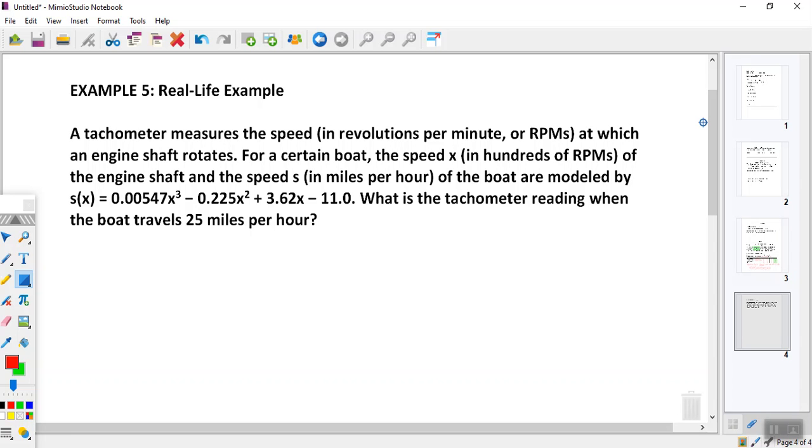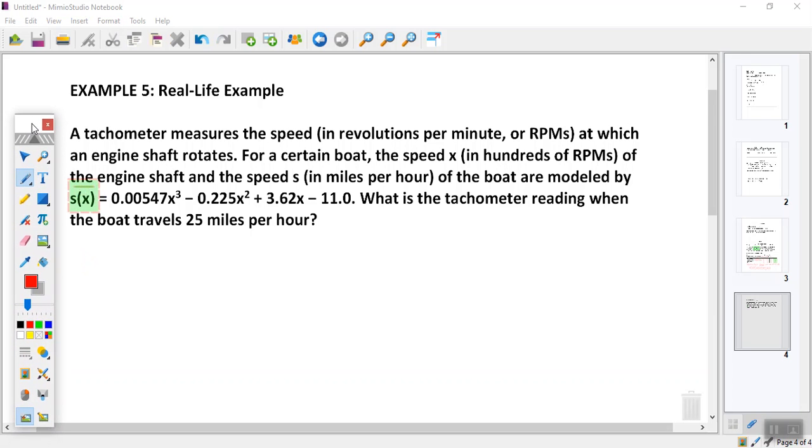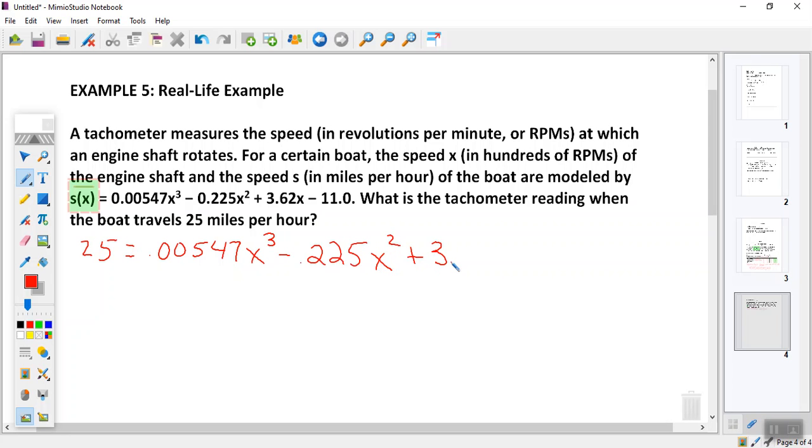Okay, so here's what we're going to do, kids. I'm going to let the speed be 25 miles per hour. I'm going to replace this right here with 25 miles per hour. So here we go. We end up with the following: 25 equals 0.00547x to the third minus 0.225x squared plus 3.62x